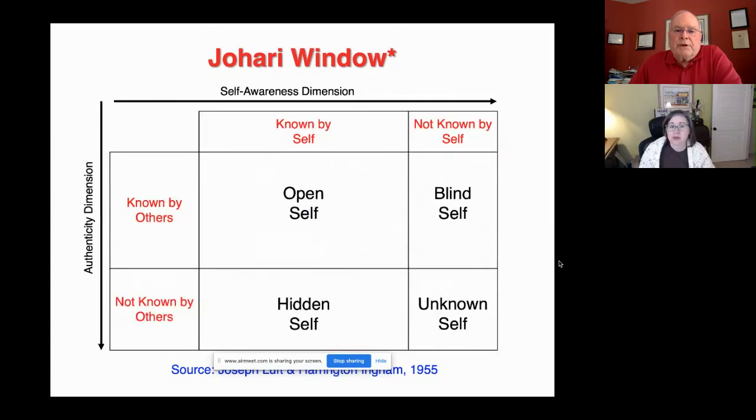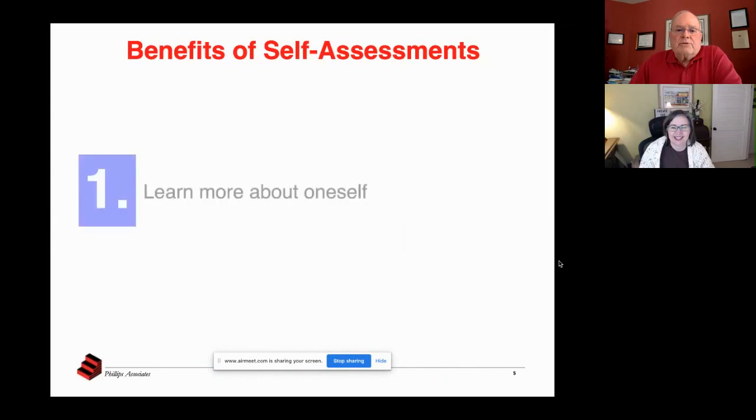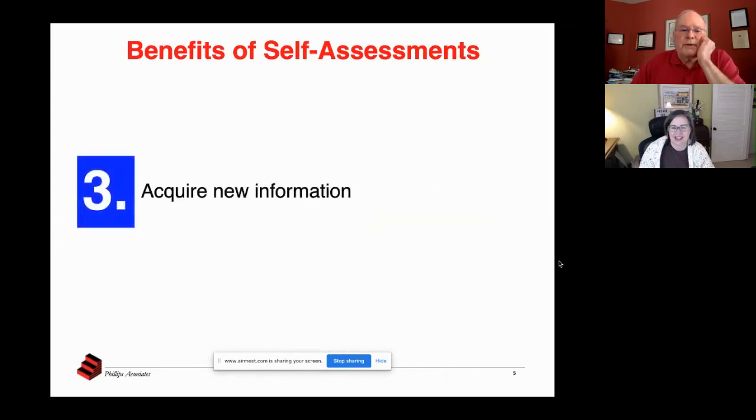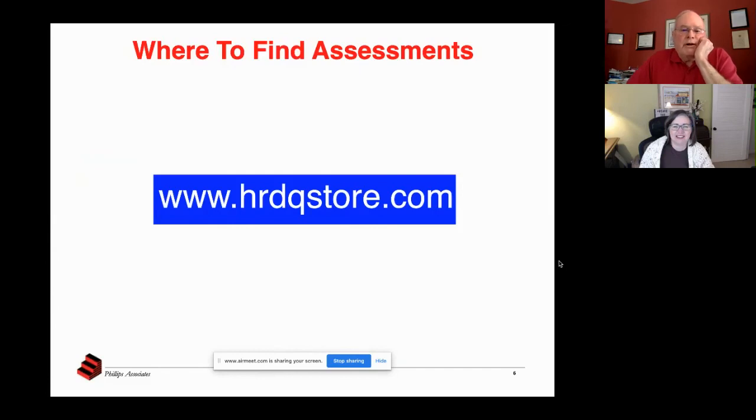Sure. Let me get through this. These are some benefits of the self-assessment. So let me just get through these. But here's where, in the interest of self-disclosure, it's important that you understand this company has published a bunch of self-assessment instruments that I had created, but they've also got many others. And what I found really compelling about the kinds of assessment instruments they have is that they connect directly with many of the elements underneath the three areas on the capability model.